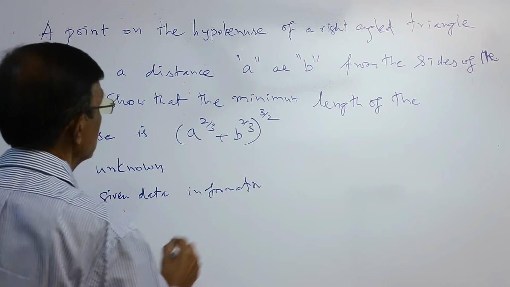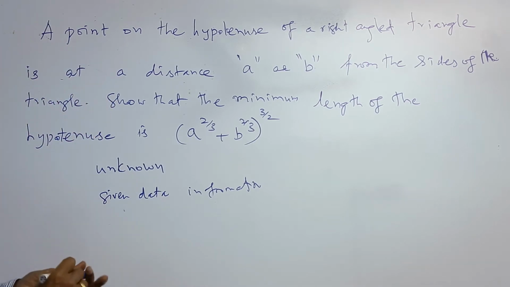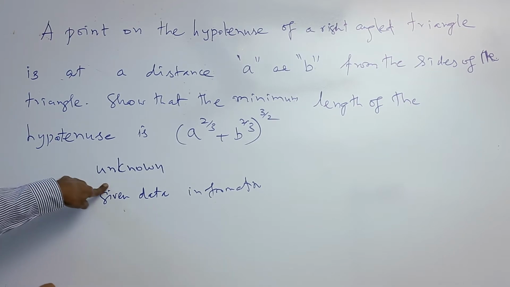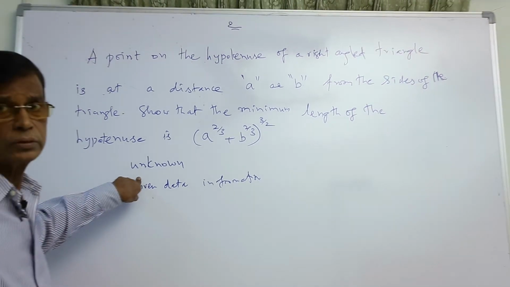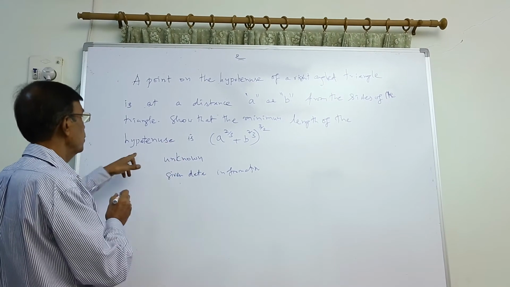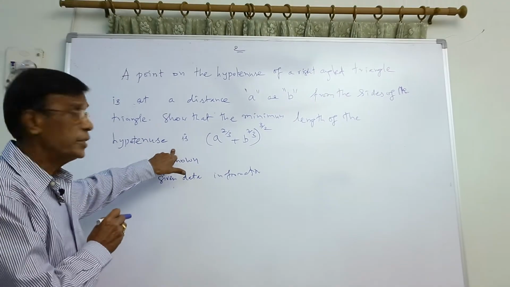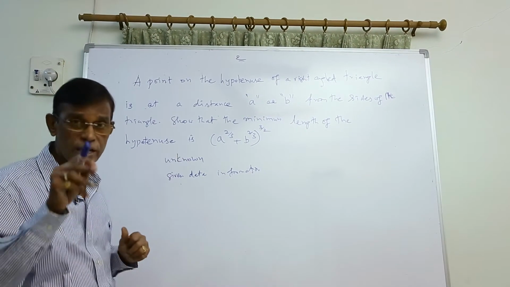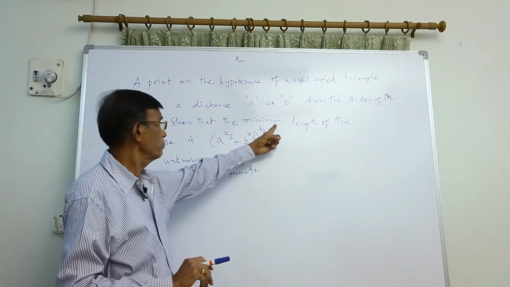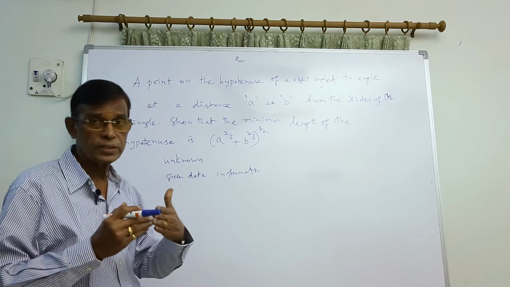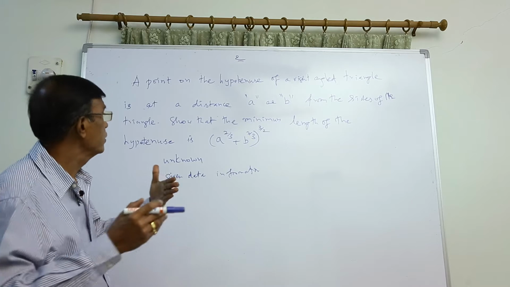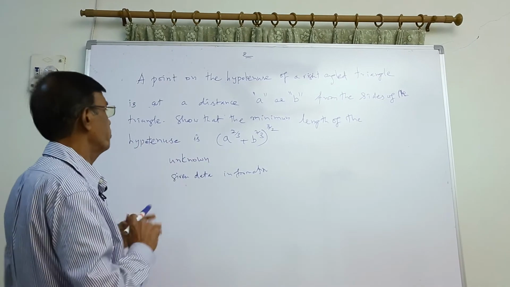See, in this problem, they must be able to tell you what is unknown. That is the important thing. It is not that you simply go on to the next step. So the unknown is the length of the hypotenuse. Next you must ask them, is it only the length of the hypotenuse? Then what is the word, minimum? They must understand that, and the unknown is the minimum length of the hypotenuse. That is how they should understand.